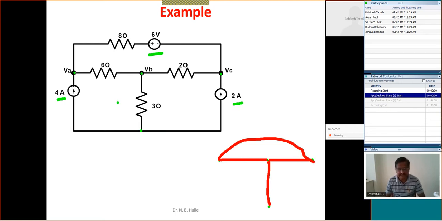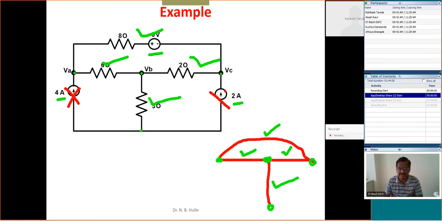And after that, there is no element in the circuit, because here is one node we have, here is another node we have, this is the third node we have, and this is the fourth node we have. Is it right? Now what we have done, this branch we have replaced by this part, this branch is replaced by this part, and finally the last branch is replaced by this part, and here this branch is replaced by this part. No need to show this part and this part in the figure,